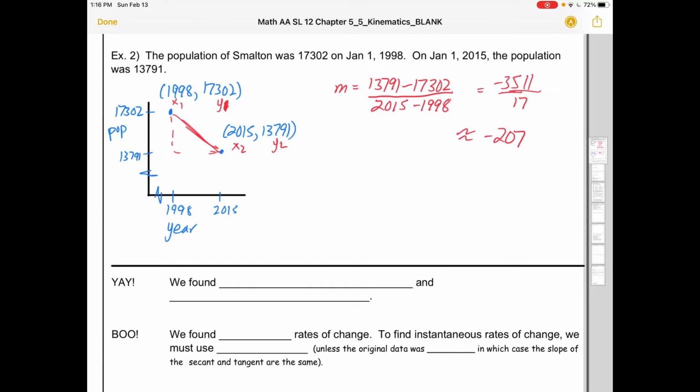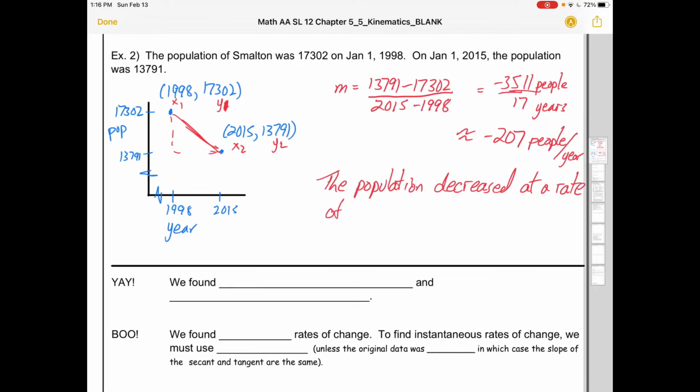That means nothing without the units. Those numbers represent the number of people. And the 17 represents the number of years. So the slope is really about negative 207 people per year. And it's a rate of change. The population decreased at a rate, because slope is a rate of change, at a rate of 207 people per year